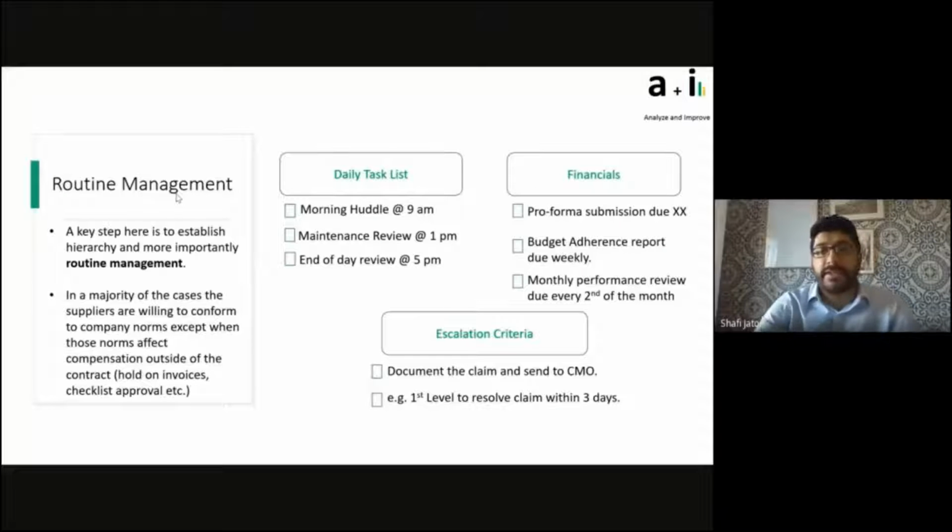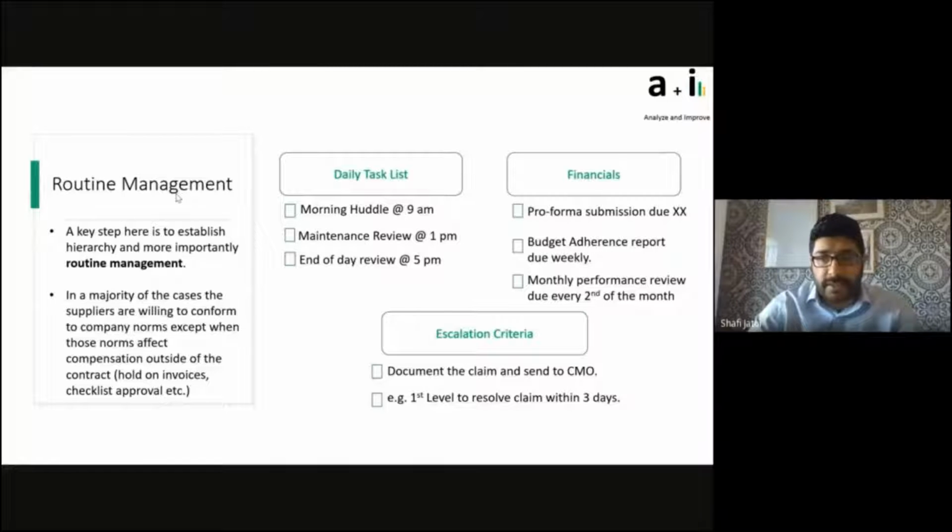And then escalation criteria is extremely important. You document the claim and send it to the contract management officer, but it's all about how we are going to deal with disagreements. The number of days is relevant. You don't want them too long, but it's also not a hard stop. If you're getting good communication, if there's good traction, then oftentimes it doesn't get escalated within those days. But you also want to be able to give a mechanism to both parties to get resolution quickly. You do not want a specific issue continuing on for weeks.